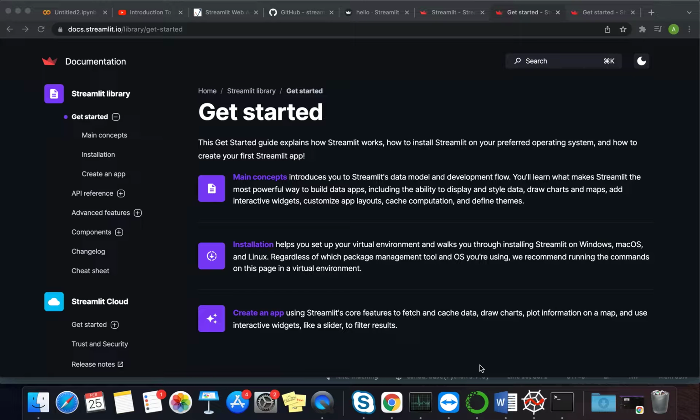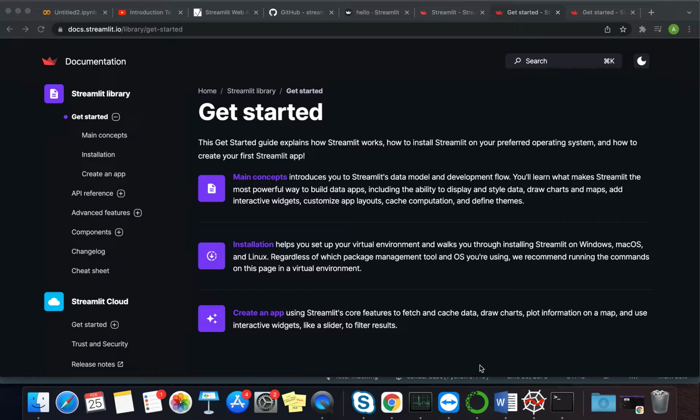In today's video, we'll be seeing about what is Streamlit. So Streamlit is basically an open source Python library that makes it very easy for you to create custom web applications for machine learning and data science. So we basically use Python code in order to create the Streamlit. Within a few minutes, you'll be able to build an application and you'll be able to deploy that in the